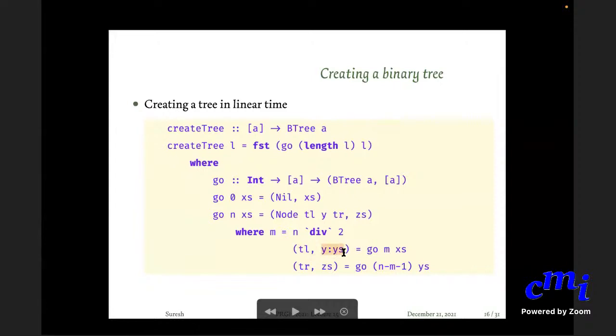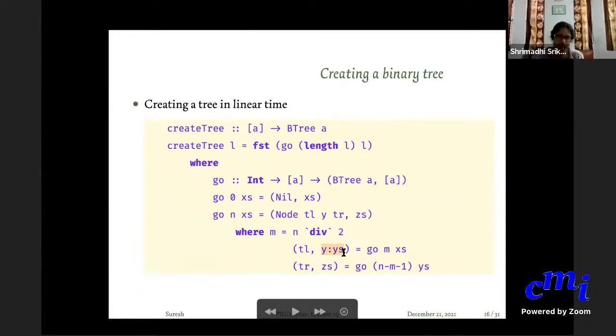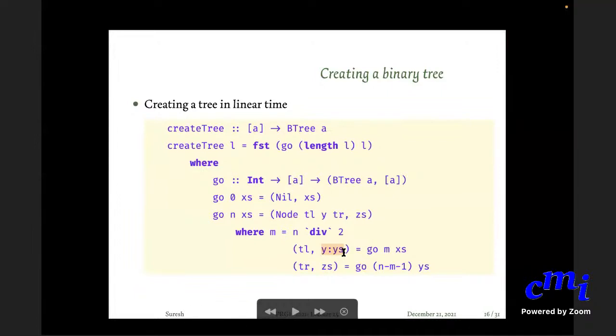What is the length of y colon ys? Can somebody tell me? Y colon ys is got after dropping M elements from the list xs, because I am doing go M xs. So whenever I do it, what will be the length of this leftover part, assuming length of xs is L? L minus M, exactly.